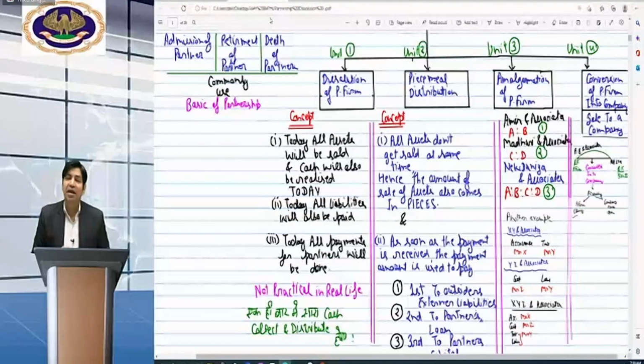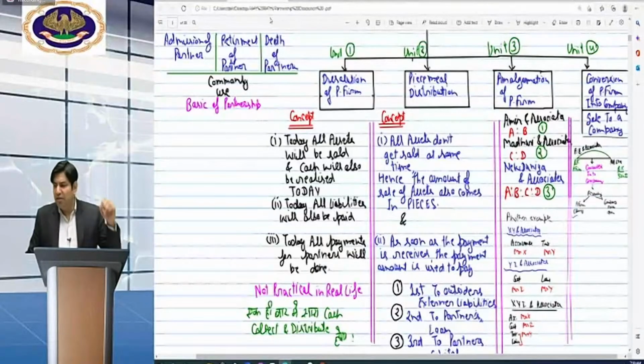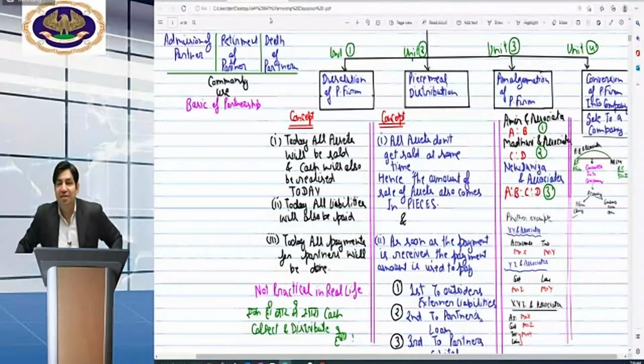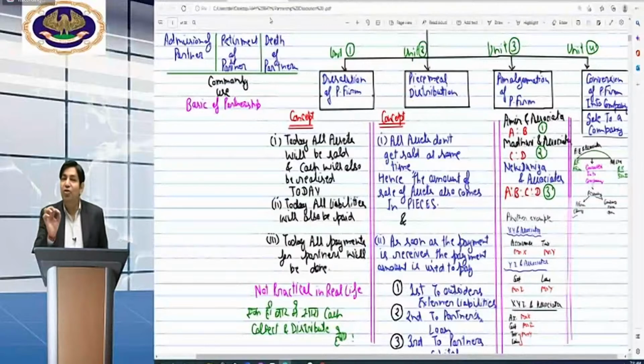At the end, the last unit is conversion of partnership firm. It is the extension of a part, like in the movies: Nagin and then its second part, Bahubali and Bahubali 2. Bahubali you have already seen in the first unit, in the first group, that was profit or loss prior to incorporation, and now you are seeing Bahubali 2, conversion of partnership firm